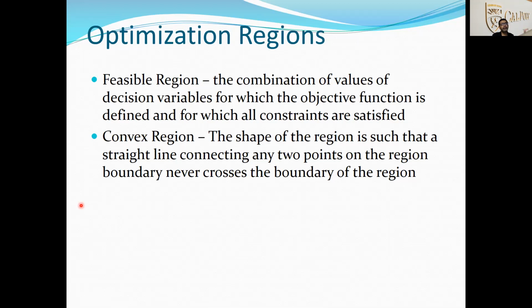So this is very important when you talk about the linear optimization problem that we are going to focus on in this class. Having a convex region is very, very important. If there is no convex region, you're not going to have the solution. Okay. And I'm going to give you an example of that.